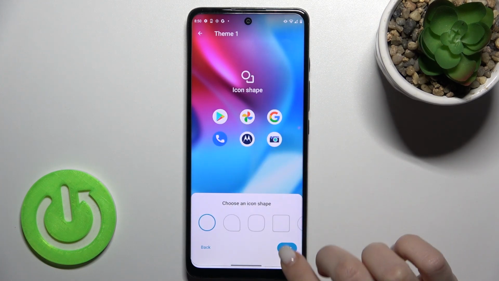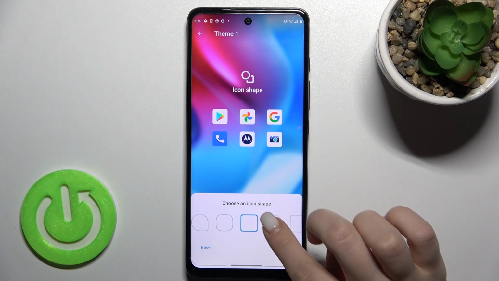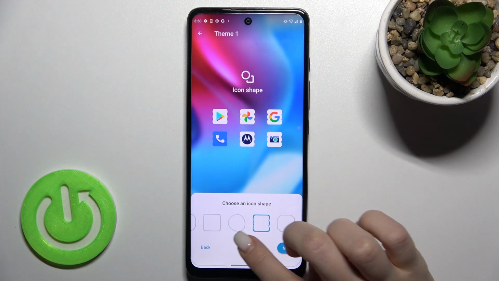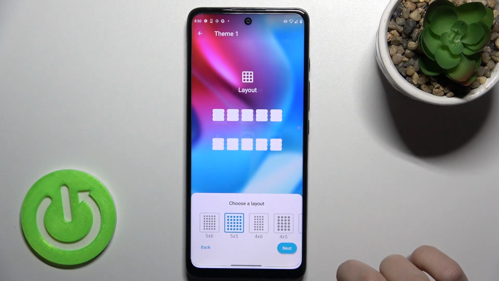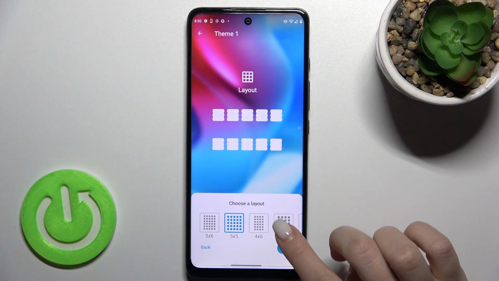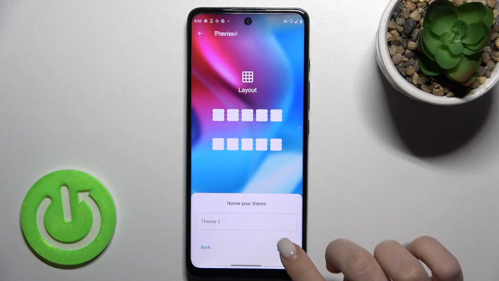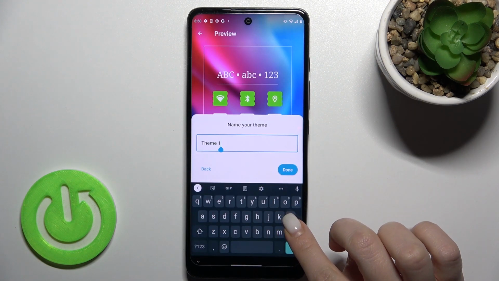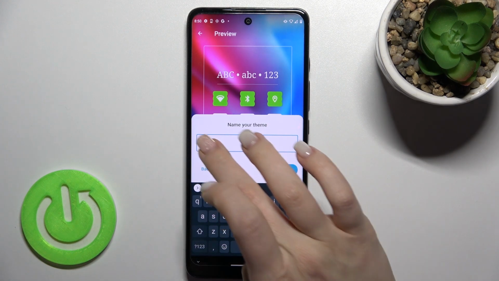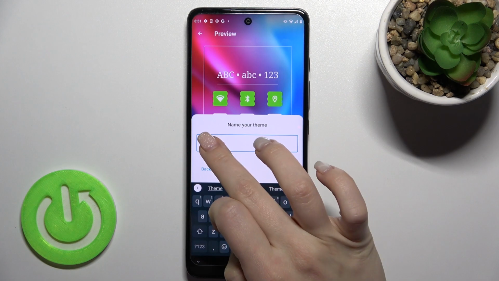Now just tap here on next, and here you can choose the new icon shape for your applications. For example, we can go with this one. Now just tap here on next. Here you can select the layout. We'll stay with the default one, and now here you can rename your theme. For example, we'll enter my theme,